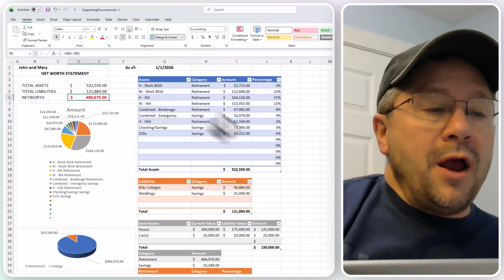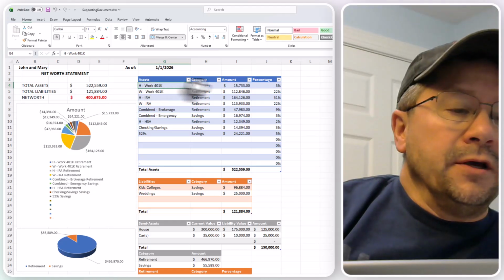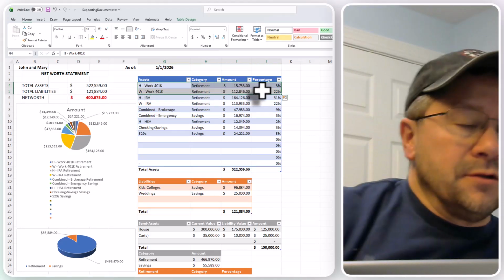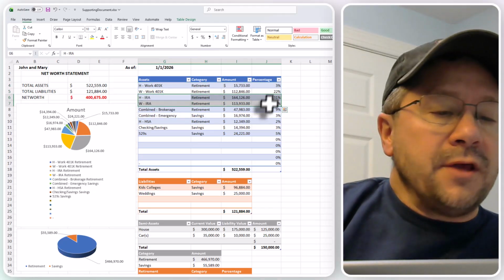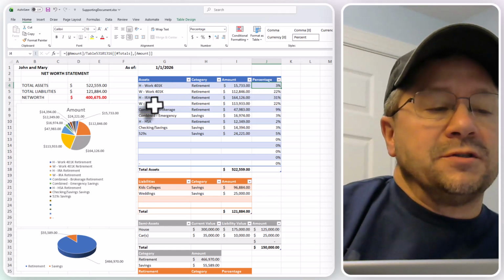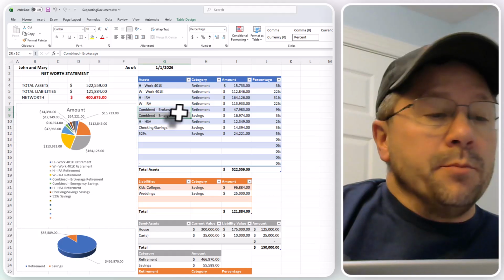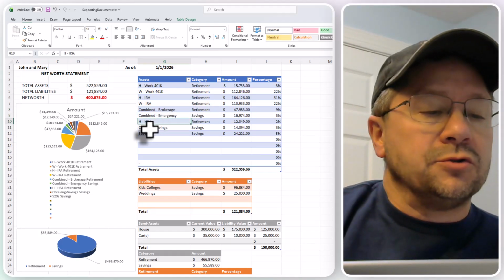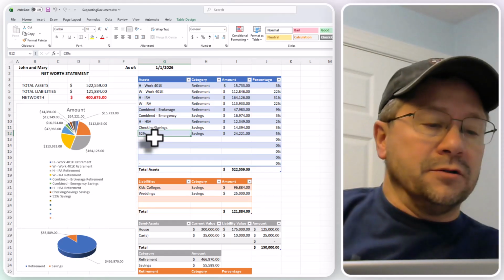So up here, I have then all of the assets. So this is the different retirement accounts for this husband and wife. I have some additional IRAs that they have, and you can kind of see here. So I have the total assets as well as the breakdown of what's in each account, just to give some percentages. You can see there's some combined brokerage and emergency savings, maybe a health savings account. You can do your checking savings. And again, here's that 529. So that would be maybe the college savings.